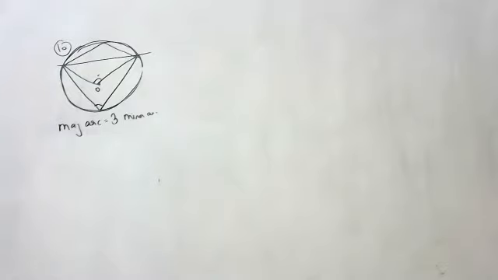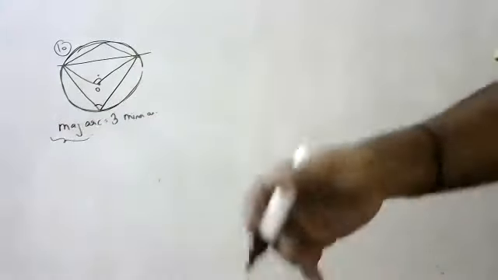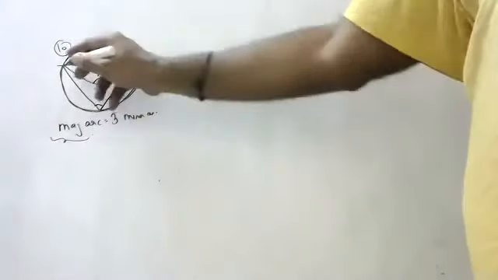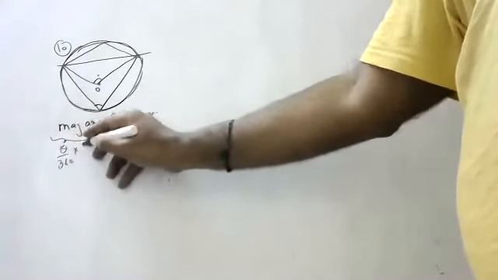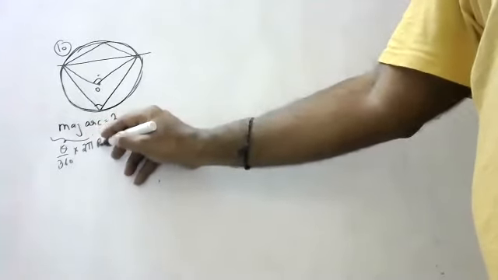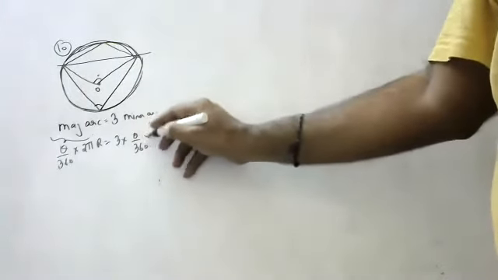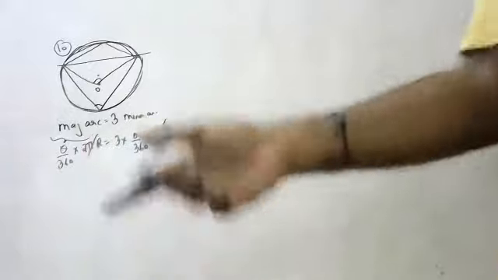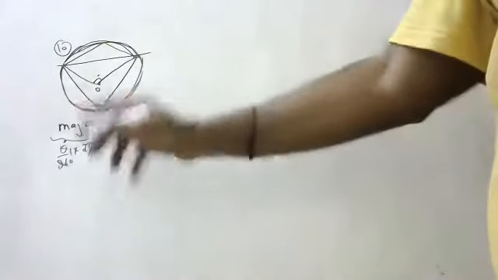Major arc is 3 times the minor arc, children. In higher classes you will study that the length of the arc is given by the formula theta by 360 into 2 pi r. So theta by 360 into 2 pi r is equal to 3 times the minor arc's theta by 360 into 2 pi r. In higher classes, 2 pi r and 2 pi r are the same, so they cancel, and 360 has gone too. Here we are only worried about the angles, children.